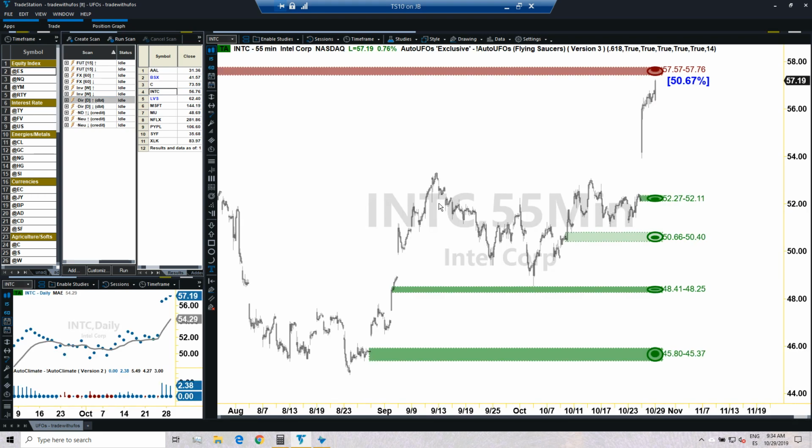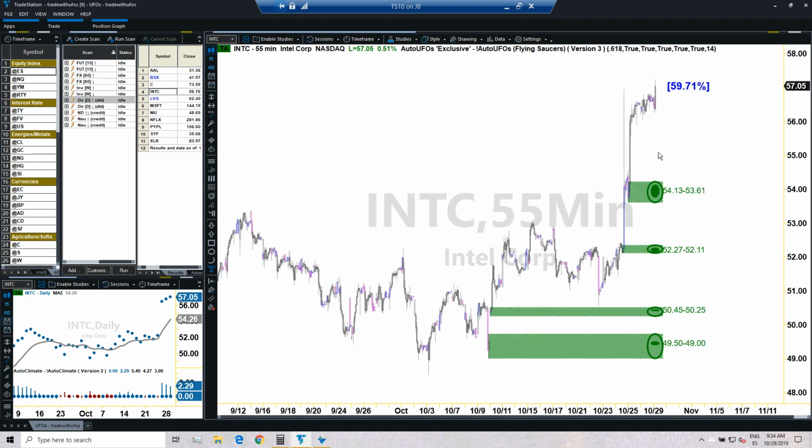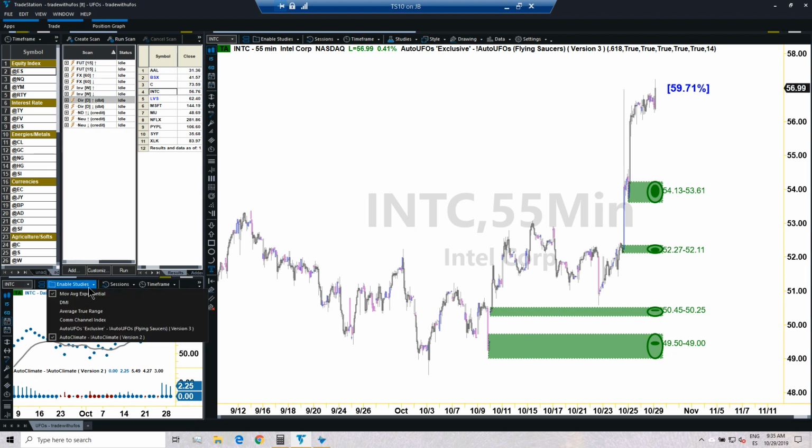So Intel loading here. 54.29. We said that for Intel we were going to use pre and post market. So 54.27, it's right here. Okay, it's just a little above this. Which, if Intel was to fall, certainly that would be a good valid entry point. Now, having said that, just in order to find other opportunities, I will pass on this one, and here is why.